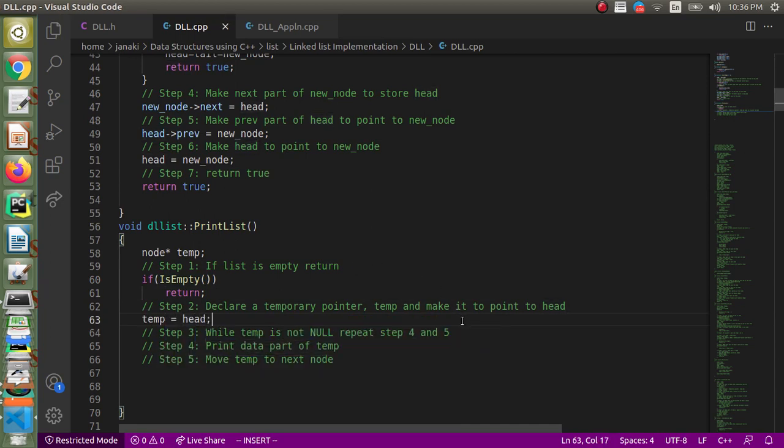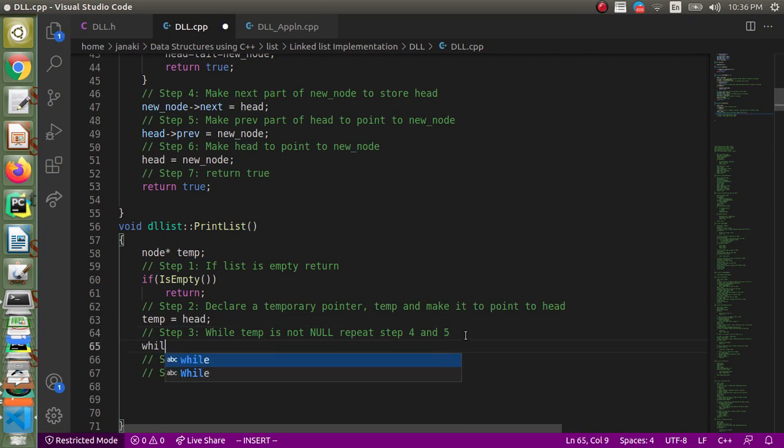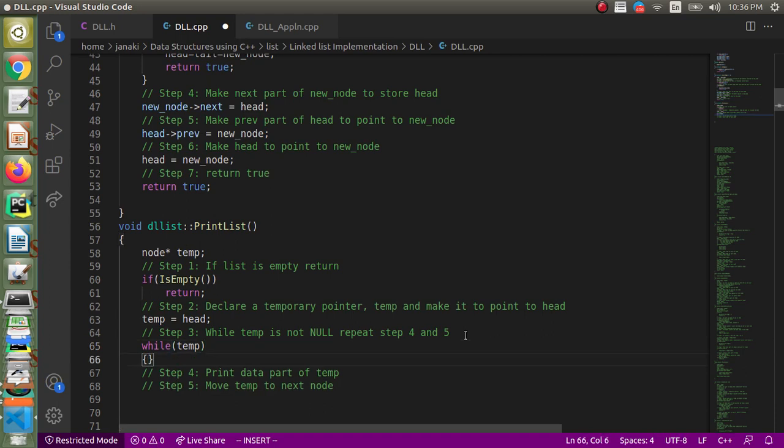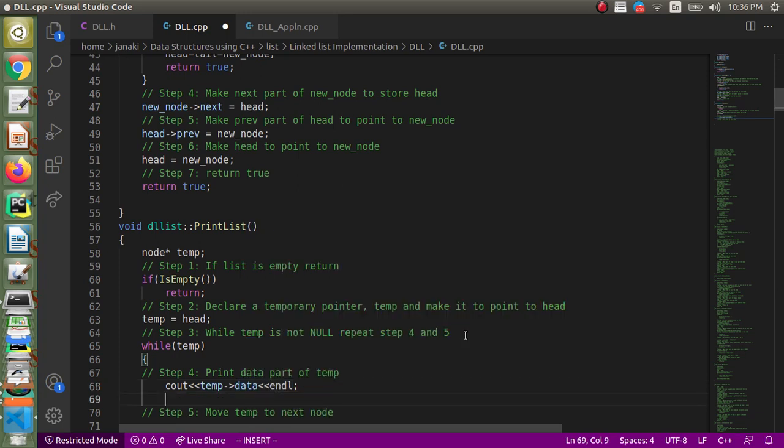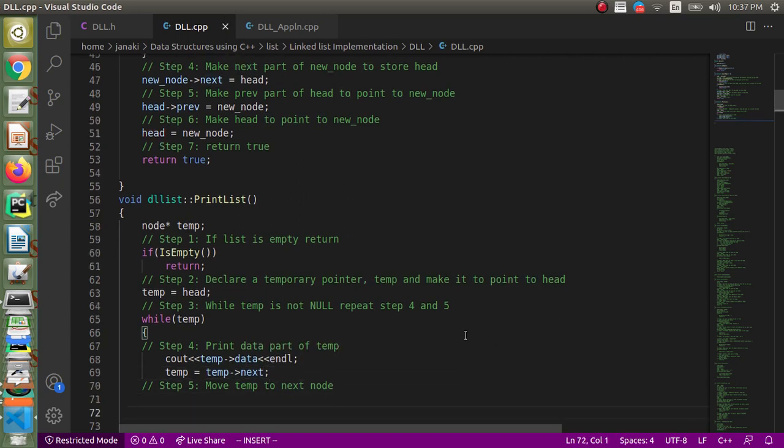And while temp is not null, we can simply say while temp, as with pointers, null is false and everything other than null is true. So while temp, we have to print the data part of the node pointed to by temp, temp data, and move to the next line and move temp to the next node. Okay, and finish the loop.